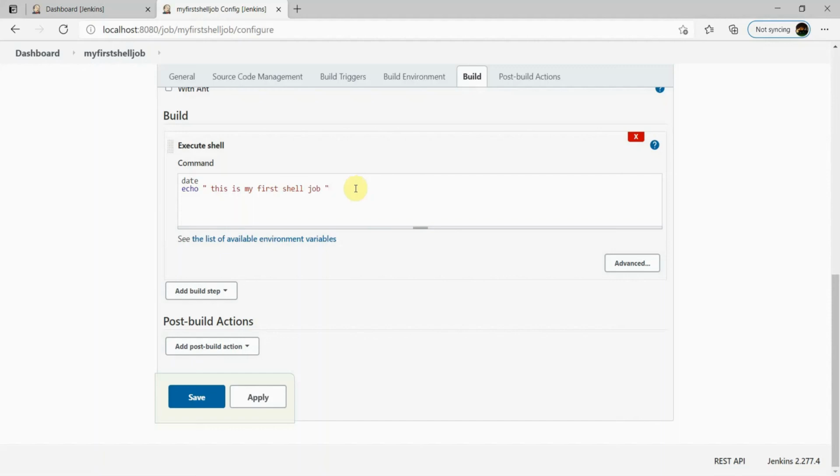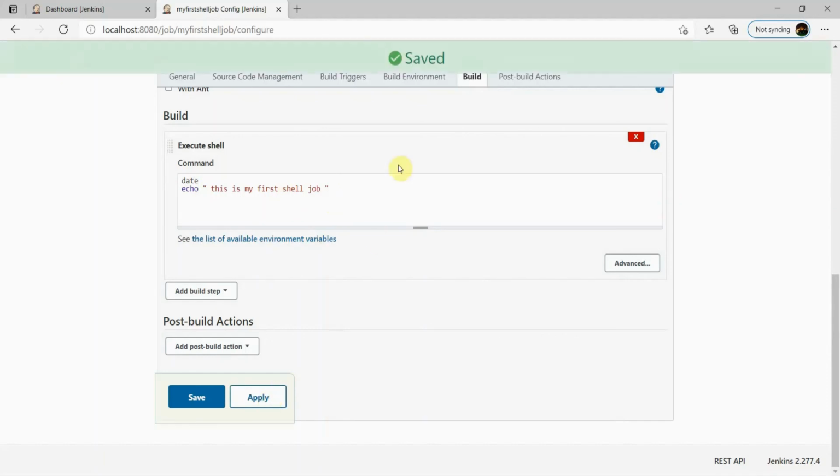We have given two commands, but in real time, we will have many commands, a script which contains many commands. This is only for reference, to show how to create, how to put the commands, and how to use the shell script. We are creating this job, and we have provided the script here.